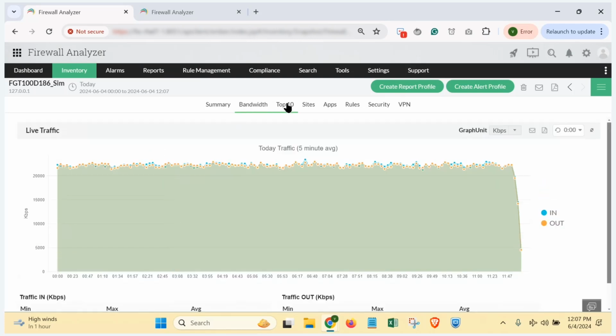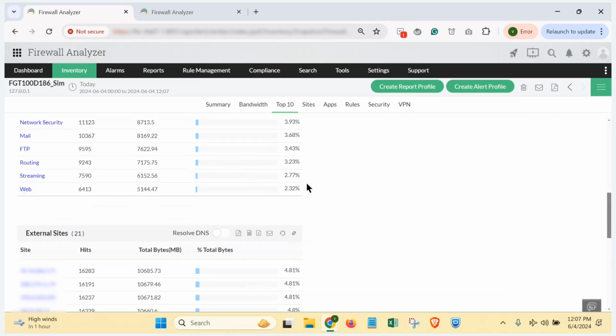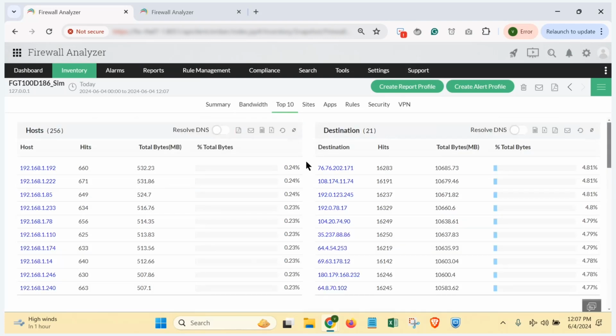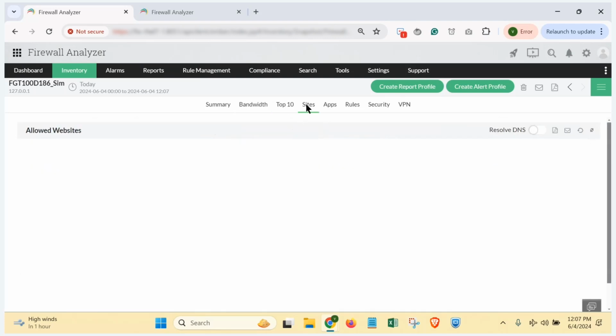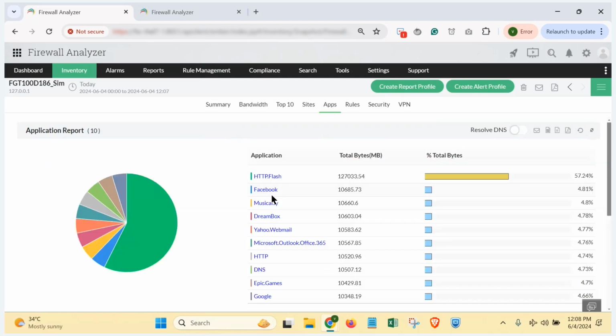And you can see the top 10 hosts and destinations, in addition to external sites, protocol groups, and all of that information, conversations, etc. And here you can see the sites that have been active. And here you can view the applications that have been triggered, and here you can see their rule information,